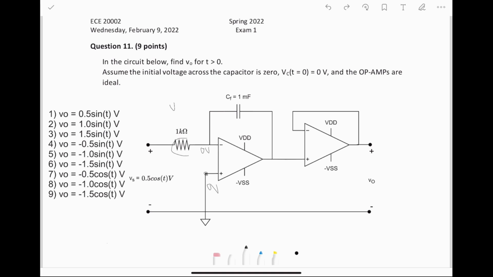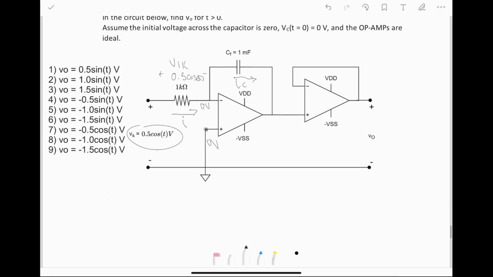So the voltage drop across this component, this resistor, V1K, we could call it, is going to be equal to just this input voltage of 0.5 cosine t. That is the voltage drop. We also know the current through this resistor is going to be equal to the current through this capacitor. And at this point, we can use that to essentially find VB. So let's write this out. We know that there's some current through this component. It's going to be the voltage drop divided by the resistance, so 0.5 cosine of t divided by 10 to